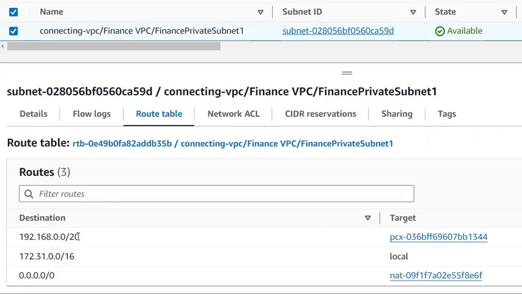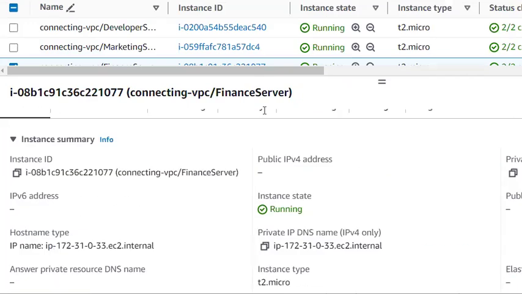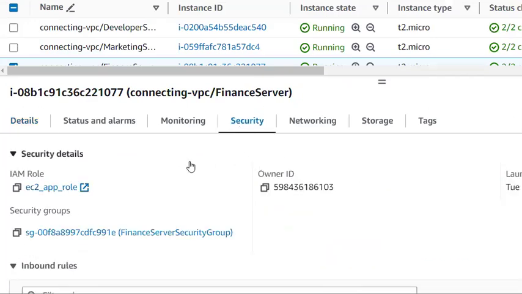which is coming from my developer servers. You can see this is the developer server's CIDR block address. By using the peering connection, we are allowing the requests coming from our developer VPC to this finance subnet. So we are allowing our developer server to communicate with this subnet's resources through this peering connection. So at subnet level we are allowing the traffic by using the peering connection, and at instance level also, we are allowing the traffic